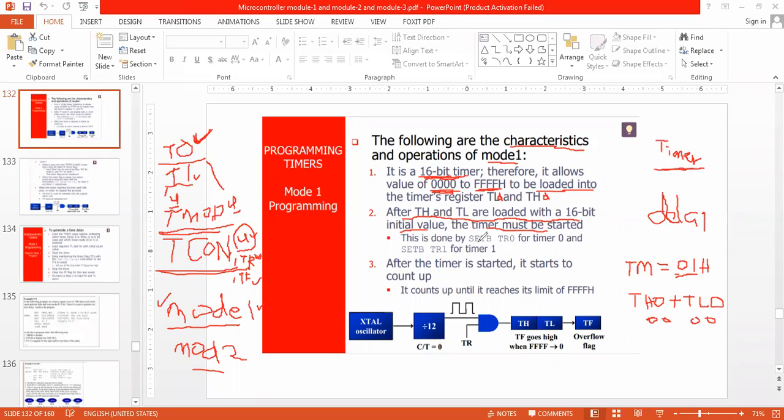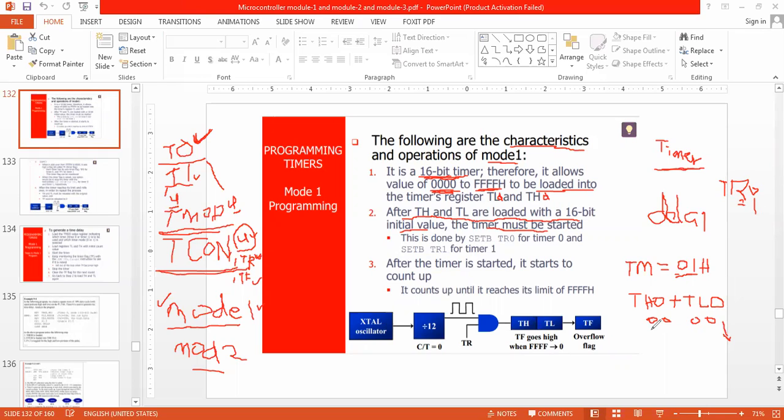Then what will happen? If I want to start incrementing one by one, then I have to write TR0 equal to 1. The timer starts.